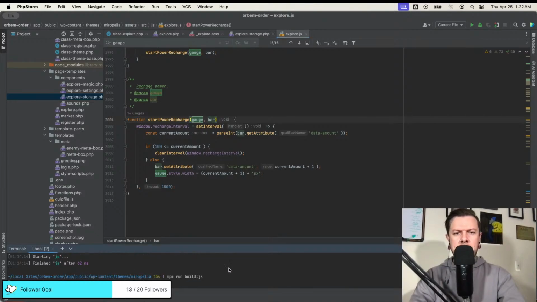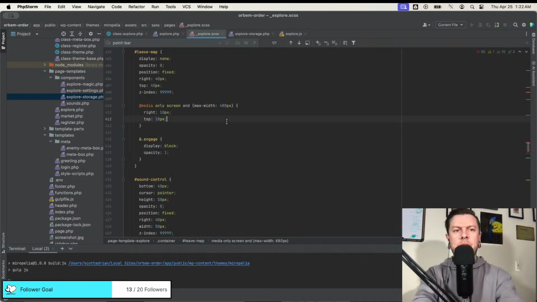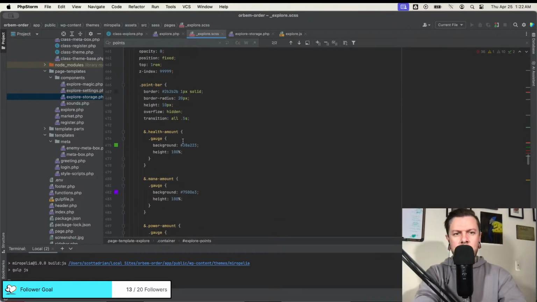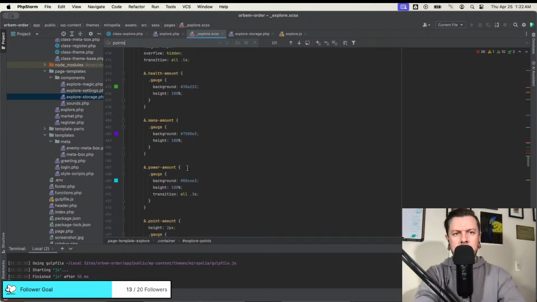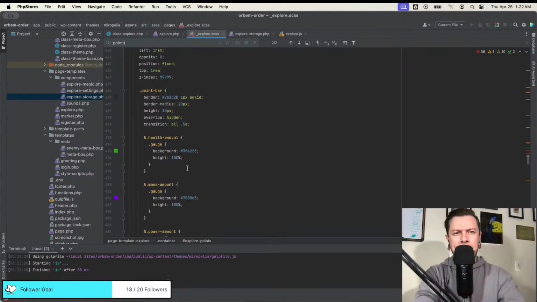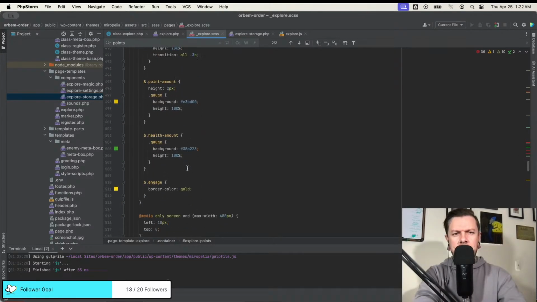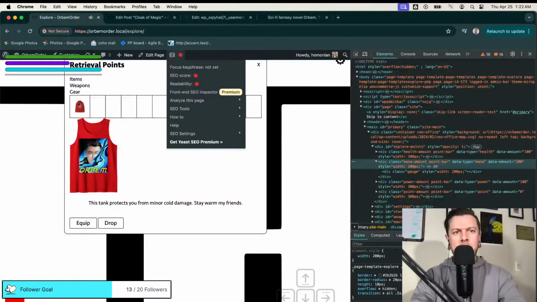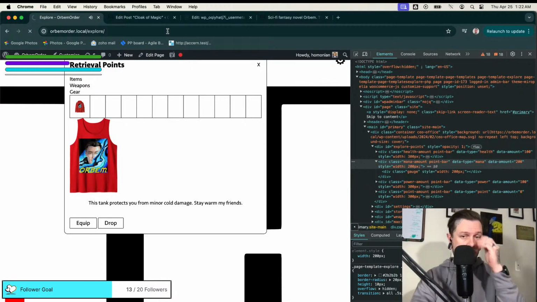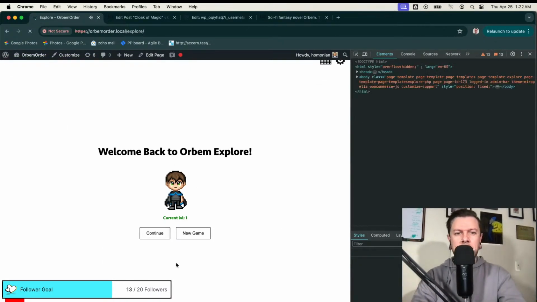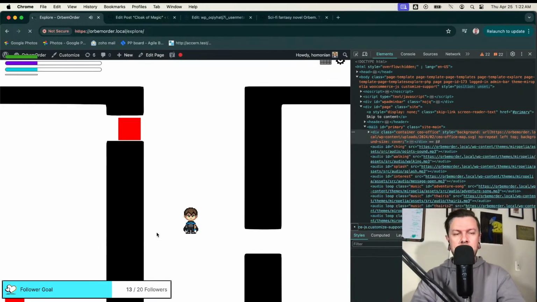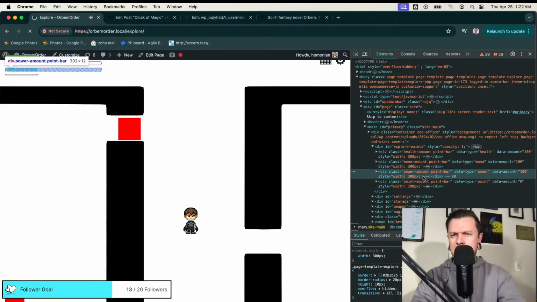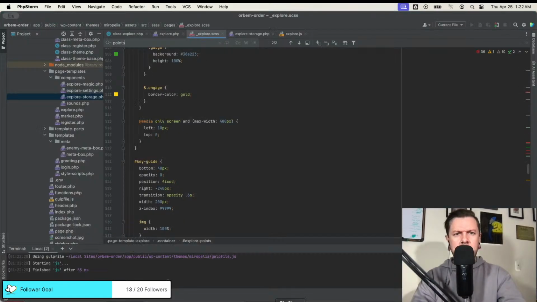So now technically everything should be 100 pixels. Let's actually do the styling the same way. Points. Where's gauge? Height is 100. Am I defining the width here? I thought I was. I guess I'm not. Okay, that's fine. Good for me. Okay. So all the points bars should be 100 pixels wide now. Yeah, okay. Well, the gauges are. Oh, it's still at 300 pixels. I need to change that.